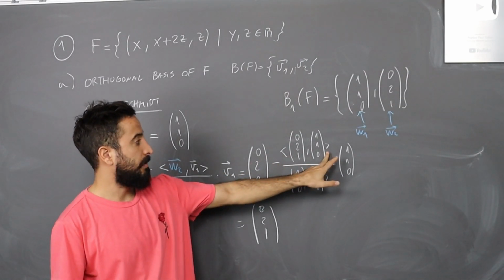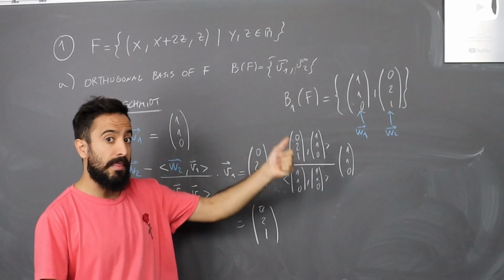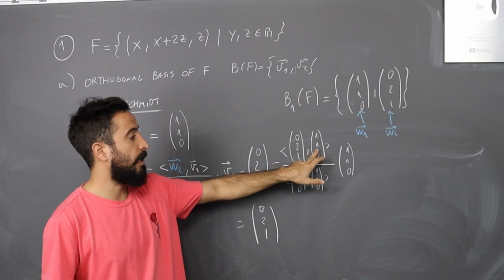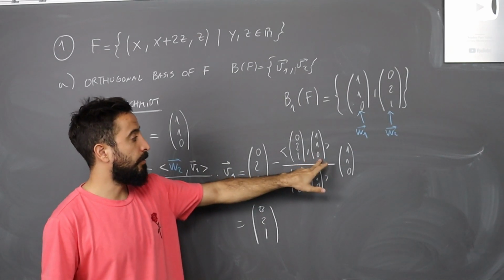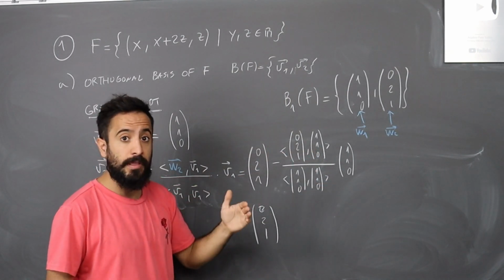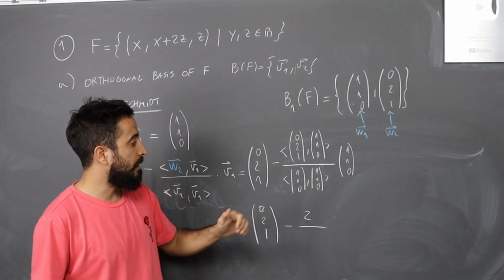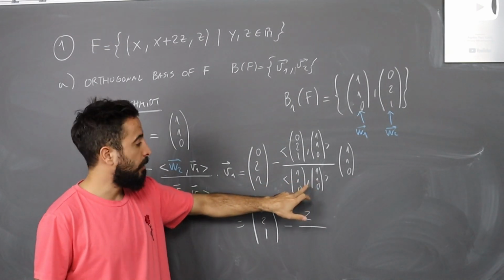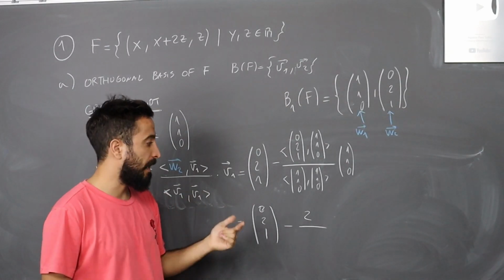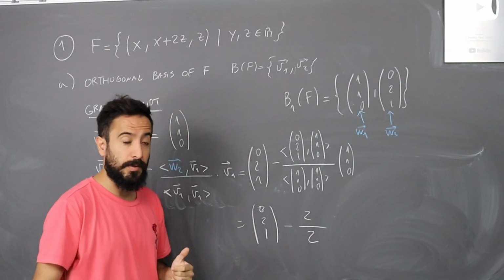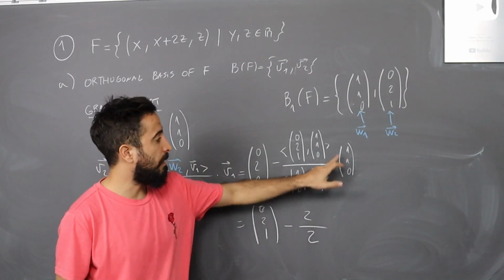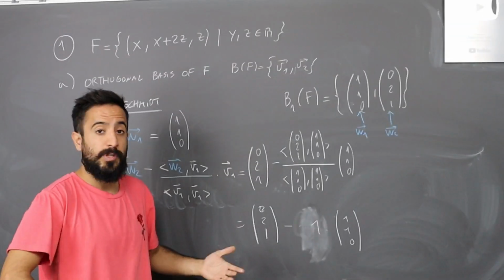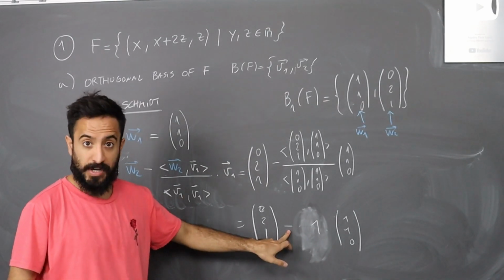So, inner product. We said that this was the standard inner product, right? So, 0 times 1, 0, 2 times 1, 2, 1 times 0, 0. When we add everything, we get 2. Same in the denominator. So 1 times 1, 1, 1 times 1, 1, 0 times 0, 0. When we add that together, we also get 2. And then we have to multiply this by the 1, 1, 0 vector, right? So 2 over 2 is 1, which means we just have to make this subtraction, right?